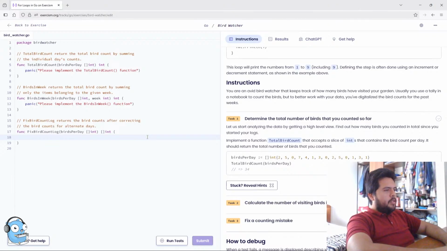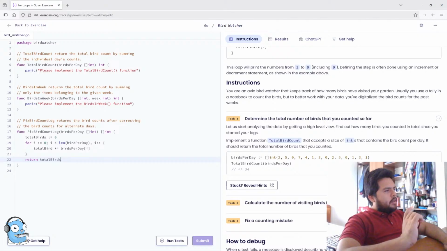This will be okay. totalBirds equals 0, for i equals 0, i is less than length of birdsPerDay, and i plus plus. totalBirds plus equals birdsPerDay i, and return totalBirds. What do I have to return? This, and okay,